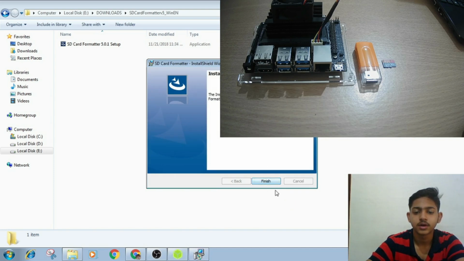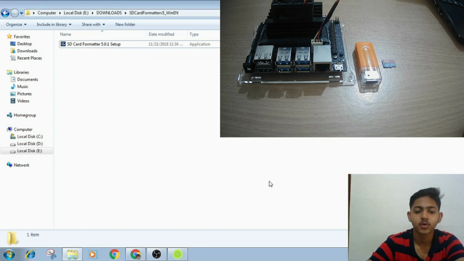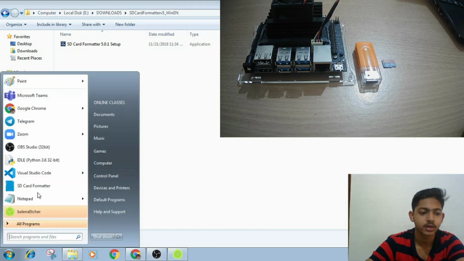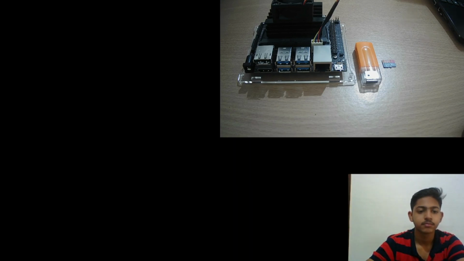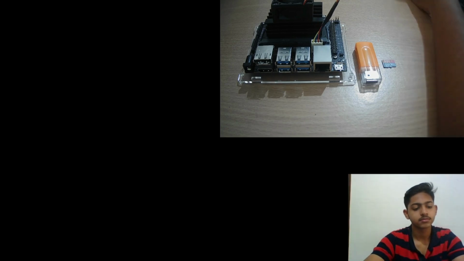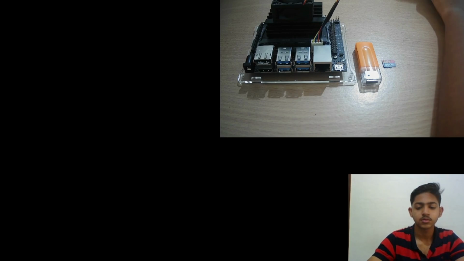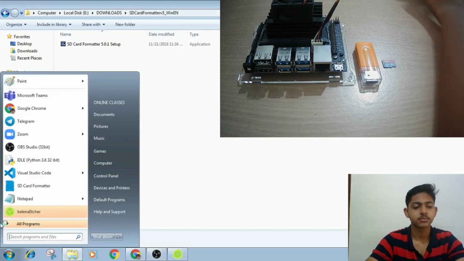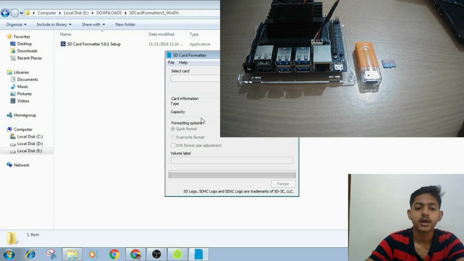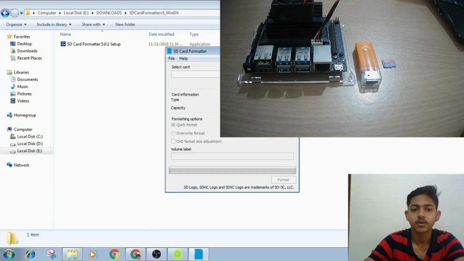Sometimes it will ask for your administrator password if you are not logged in as an admin. Okay, let's open this SD card formatter. It asked me for the administrator password. I gave the password, and okay, now